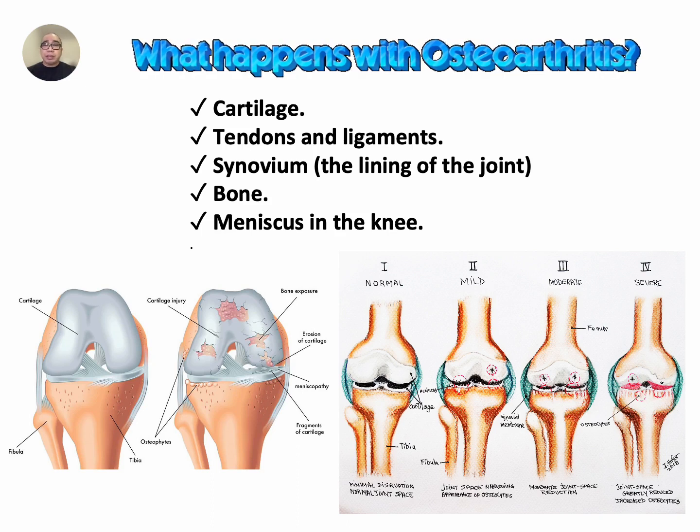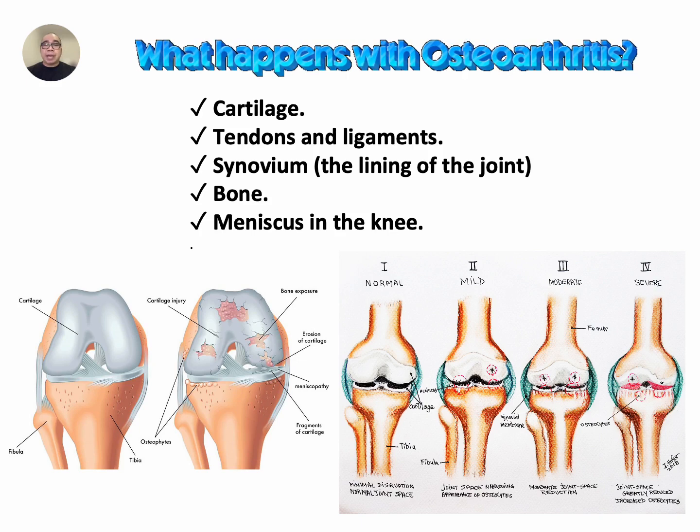There are actually four types of osteoarthritis. We have type 1, or the normal, where there is minimal disruption on the joint space. The patient may have little pain. Type 2, where joint space starts to narrow, and there is appearance of osteophytes. Patient may have mild pain, usually relieved by rest. For type 3, there is a moderate joint space reduction. There is inflammation occurring, and the patient has moderate pain which needs painkillers.